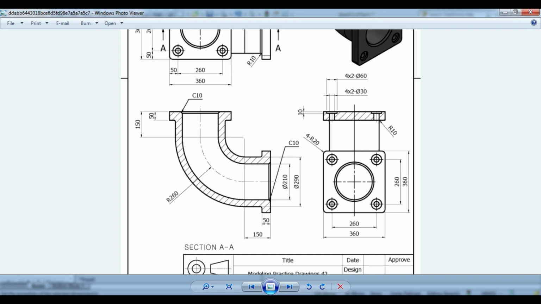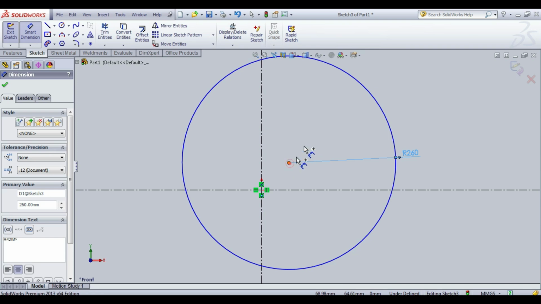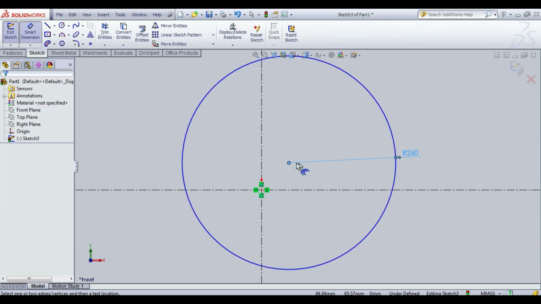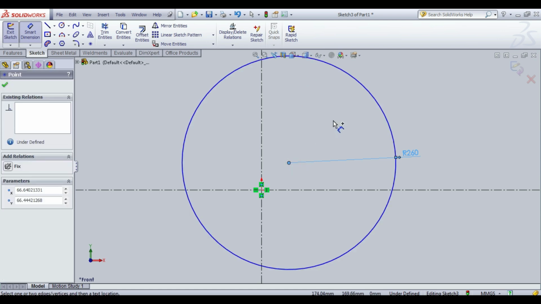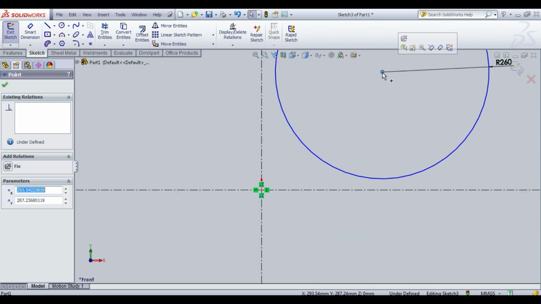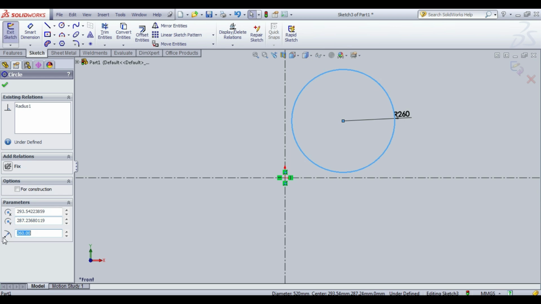Radius 260. After that, click the circle. Click on for construction. OK.